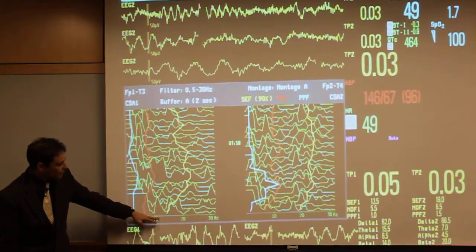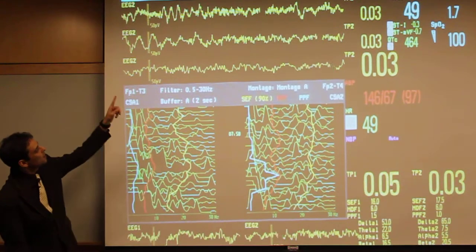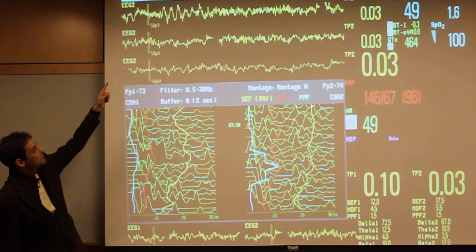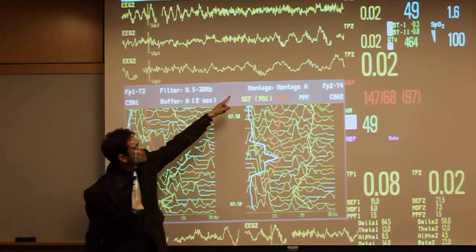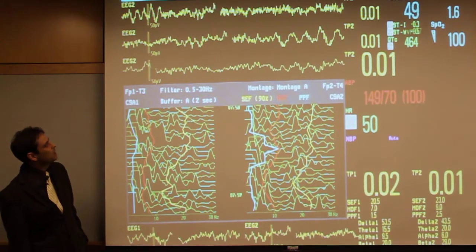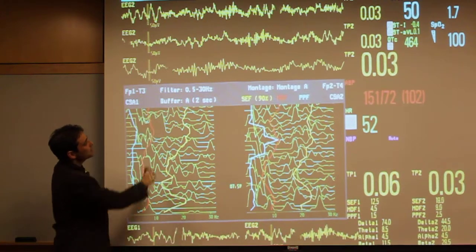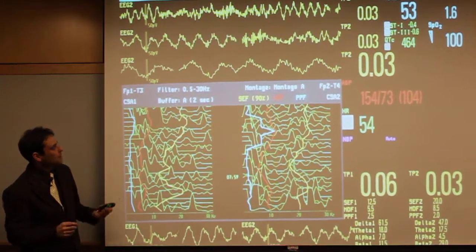The spectral edge frequency is shifting down as we lose the beta activity and shift to more delta activity as anesthesia deepens. There is a more representation of delta waves. We're going to start to see some spindles on top of the delta waves, and this person, as they're becoming less responsive, there is a run of spindles and more delta waves as anesthesia